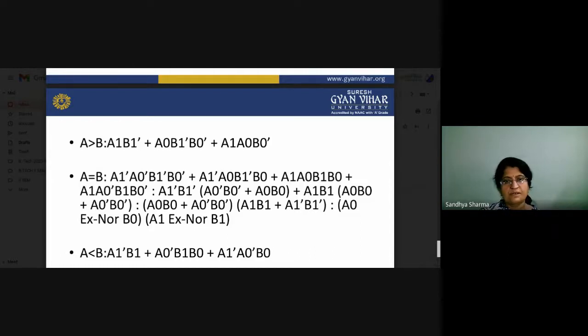So these are the equations we use for comparing the two variables A and B.